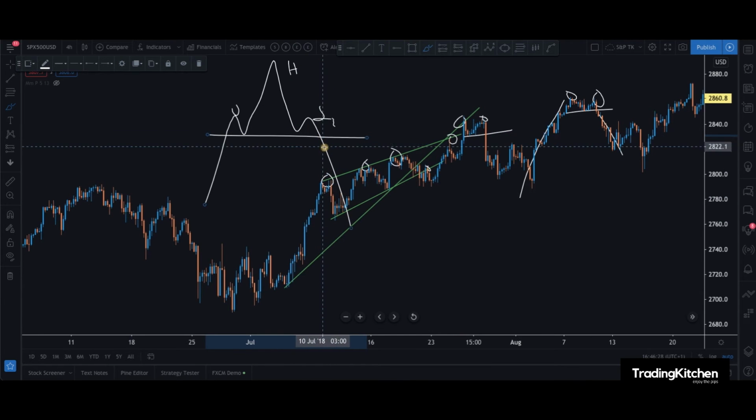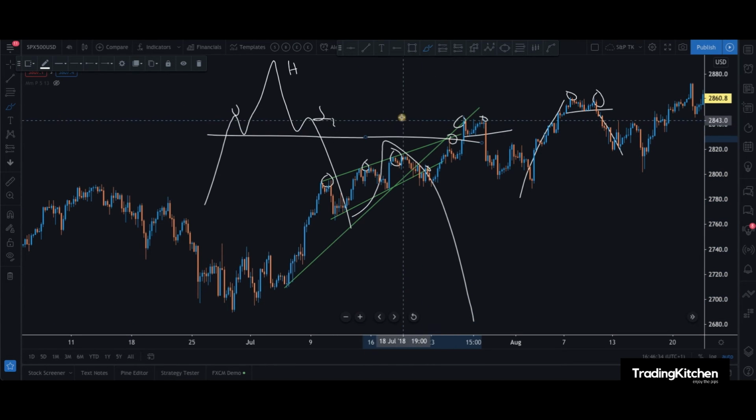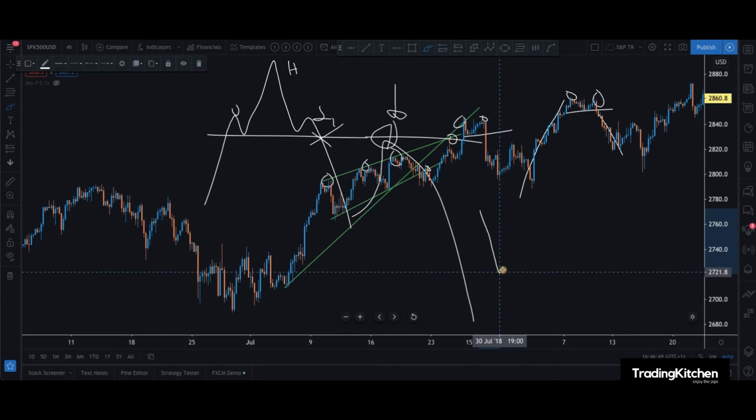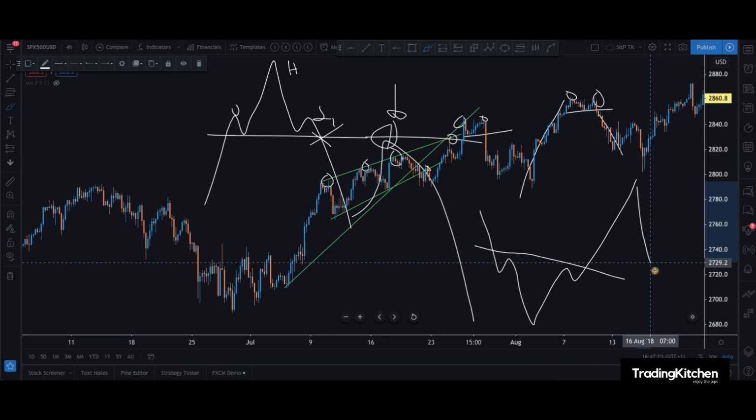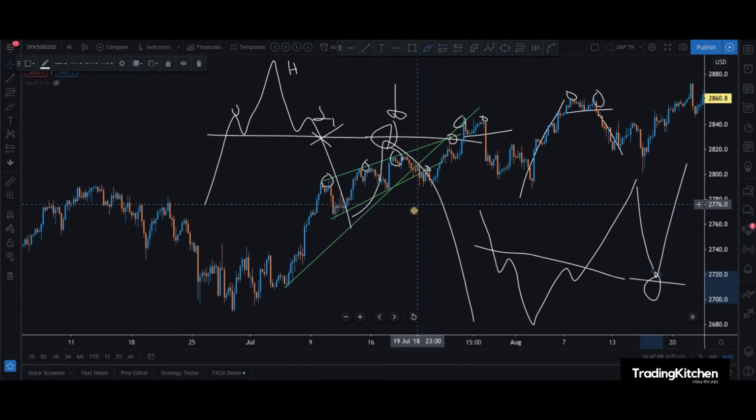Okay, you have to wait for the retest to enter a trade and go short. Okay, so this is the exact point for entry, not this one. Okay, but this. Okay, same thing in case of a downtrend. Okay, so this is a neckline, sorry, bad neckline. You have to wait for the retest and then enter here. Okay,